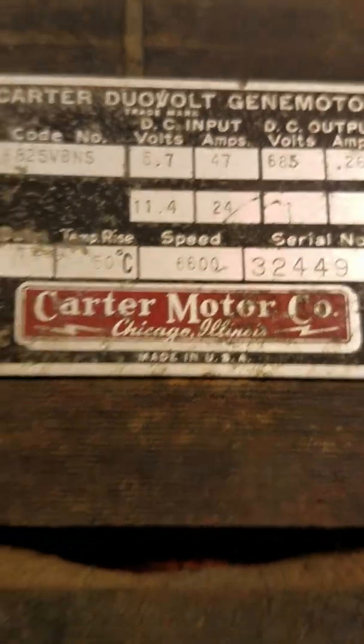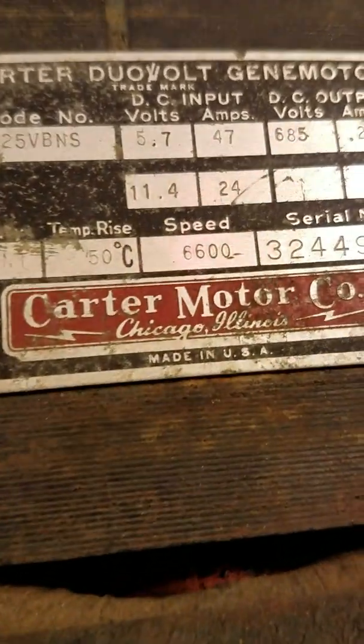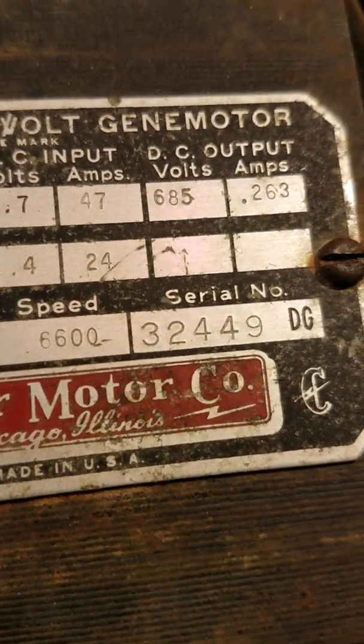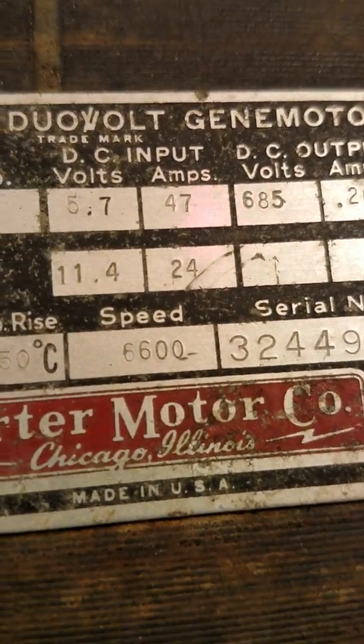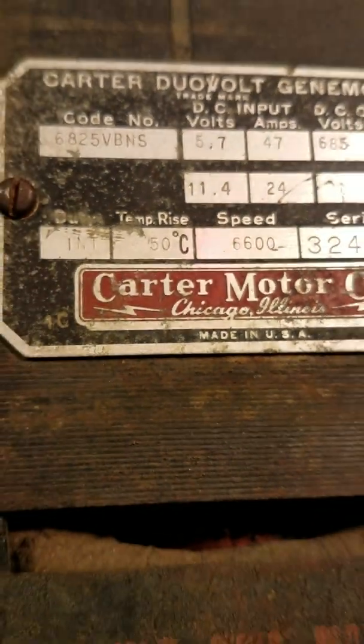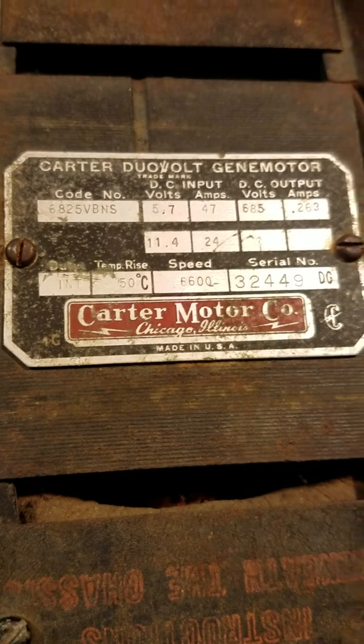But yeah, for this guy, there it is. Carter Motor Co., Chicago, Illinois. Serial. That's it right there. See what you can find on it, but yeah,